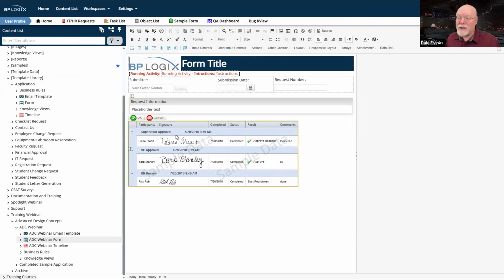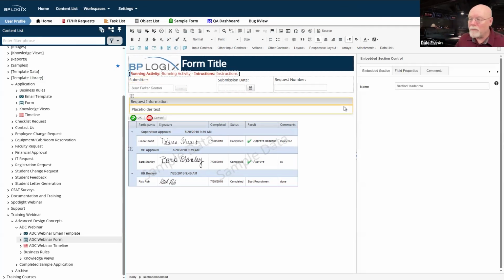Now, an embedded section control like these here at the very top, I mean, they're still useful, but because they have no visual representation on the form, I can really only show them and hide them. So I can make them visible or not. I don't have that ability by clicking the header to expand and collapse it.